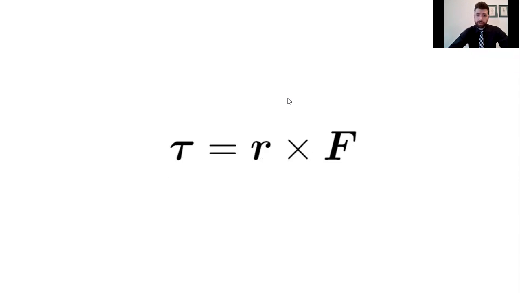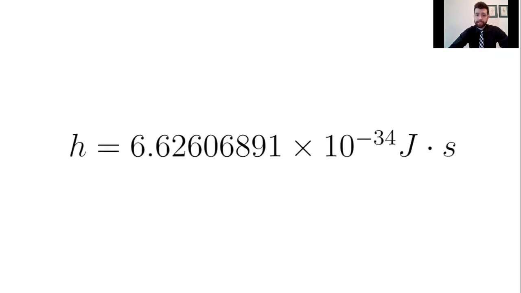Tau is torque. It's any force that causes rotational motion, and it's defined as the cross product between the radial vector, which points from the center of motion to the point at which the force is applied, and the force itself. Hbar is the reduced Planck's constant. It's equal to Planck's constant divided by 2 pi, where Planck's constant is about 6.62 times 10 to the negative 34th joule seconds. That might seem like a real small number, but it's not zero, which is very important in